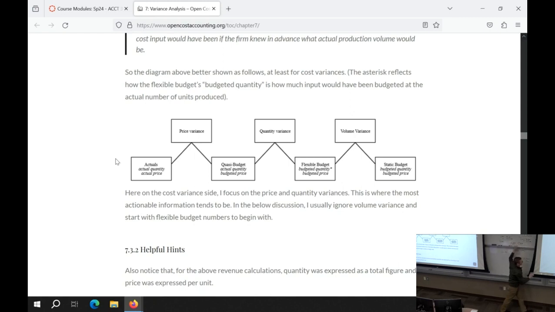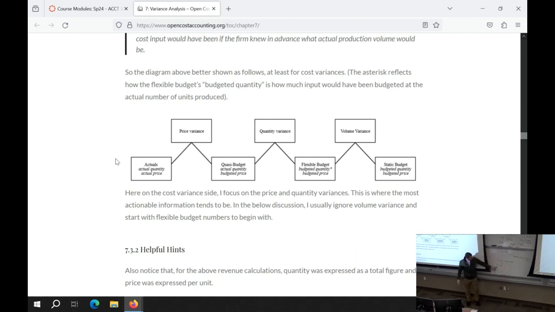Now we're going to start with this 30,000 right here. Once we had the time machine come tell us we were actually going to produce 1,500 finished goods units, we would have budgeted $30,000 for our direct labor cost. Okay, now hold that price of $10 per hour constant and figure out how many actual labor hours we used. So we would have budgeted 3,000, and let's say we used 3,200 direct labor hours. It's our actual quantity of direct labor hours, times 10,